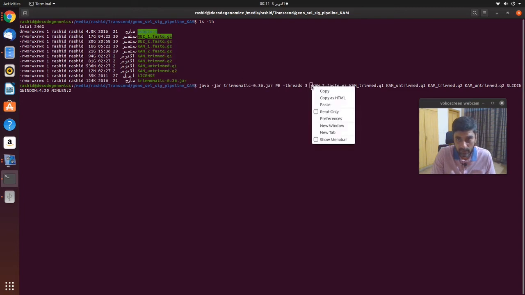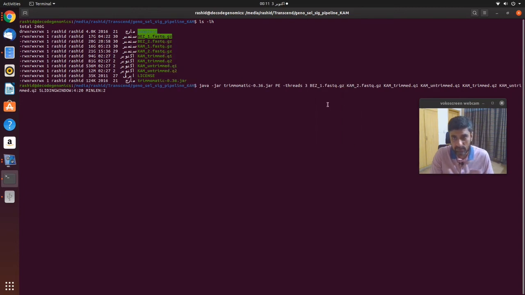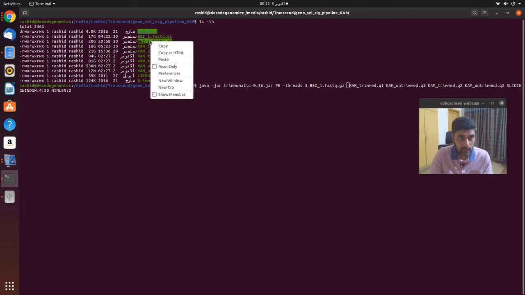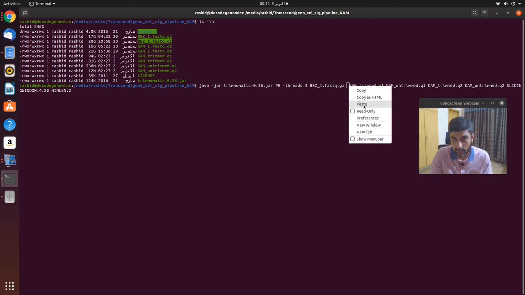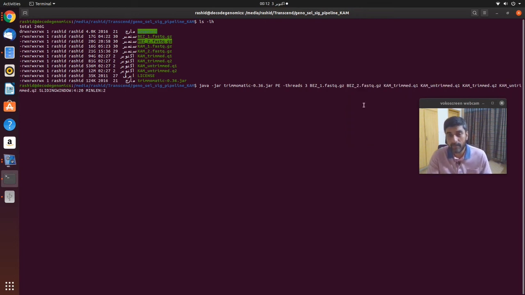So this is our forward Bezoar fastq file, and now we will write Bezoar reverse file, this one, copy and paste. So we have given fastq1 and fastq2 file, forward and reverse file for the Bezoar.